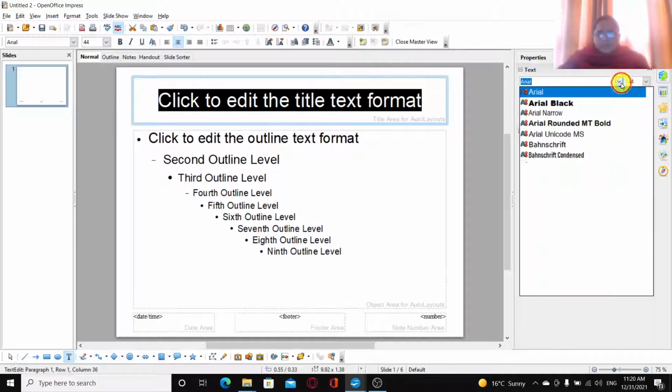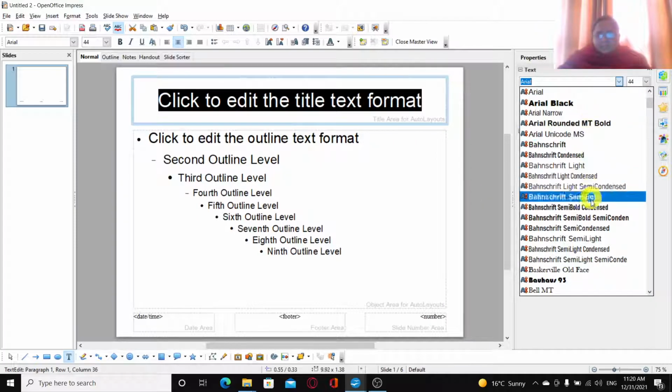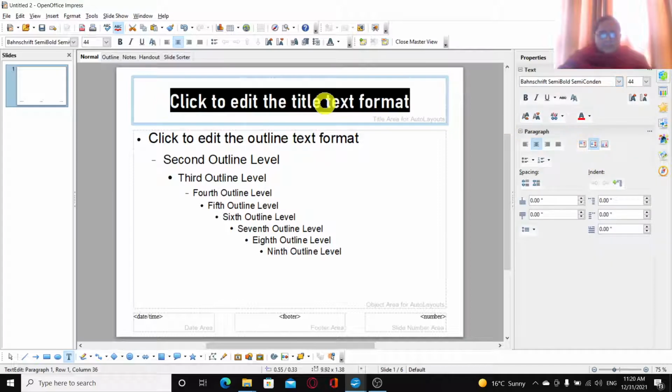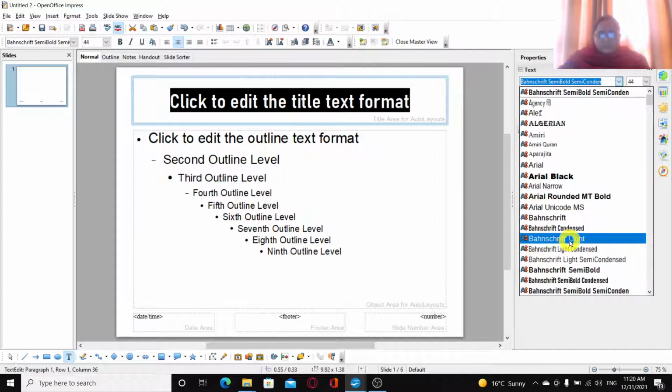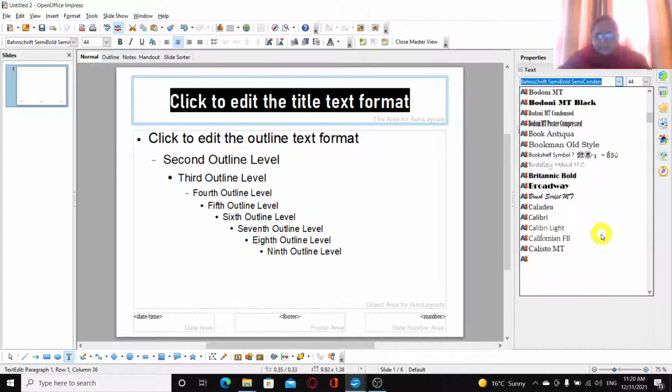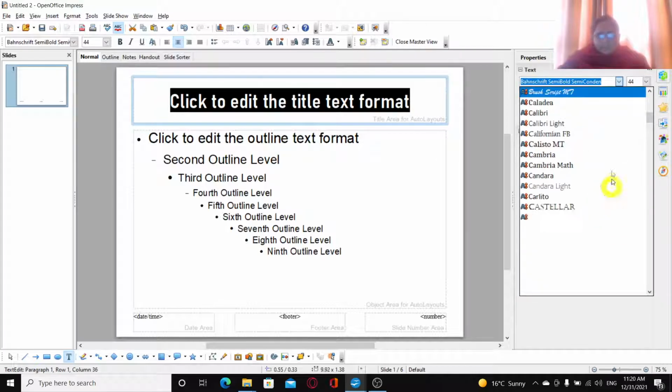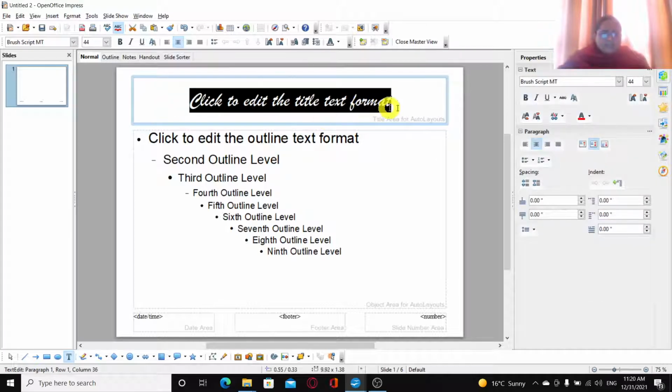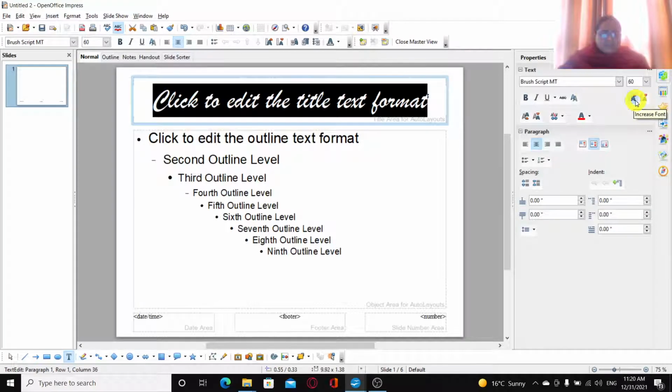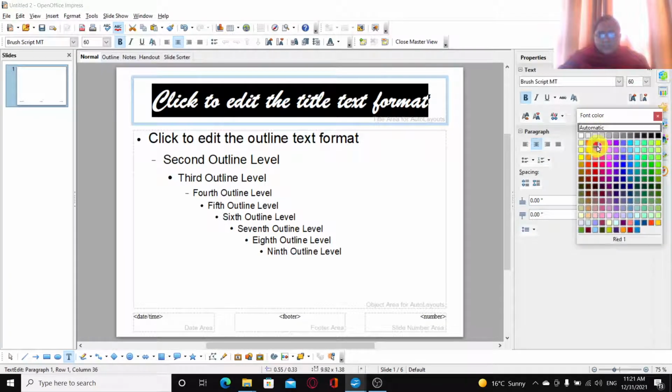Like I'm going to change the font, like I have changed this font over here. Or if you want a nice decorative font, I'll be selecting some decorative fonts. For example, I want brush text, something like this, and increase or decrease its font size. So this is the increase font button. With this I can increase the font size or select a font size. So these are formatting options we already know. Make it bold. Then I can also change its font color.